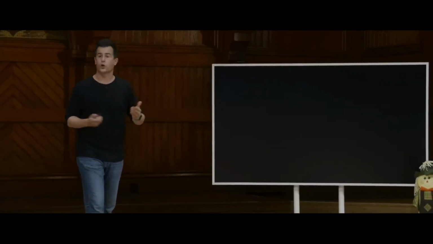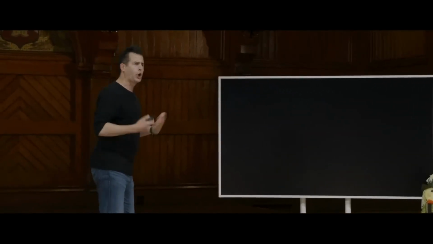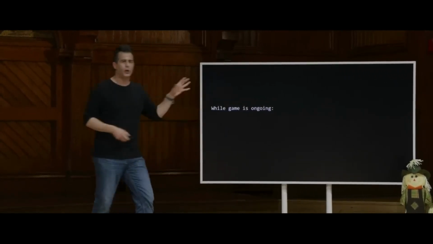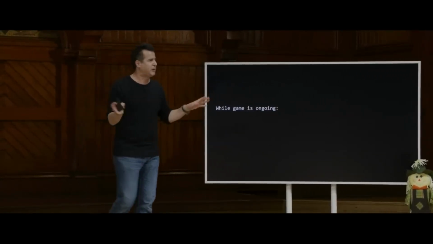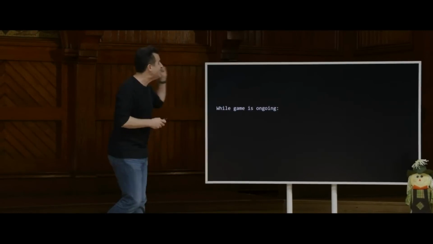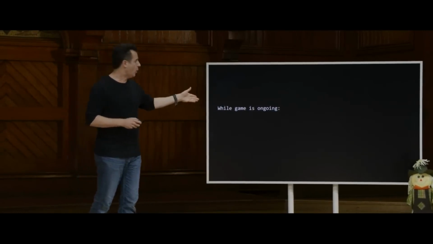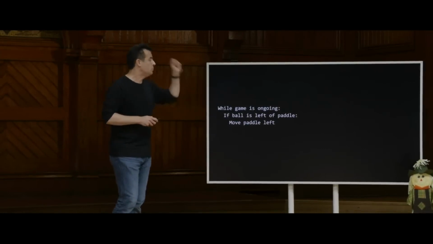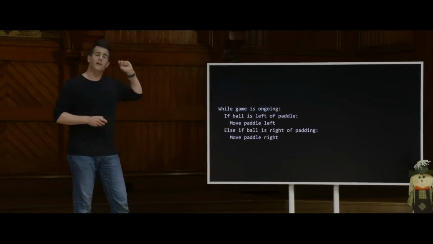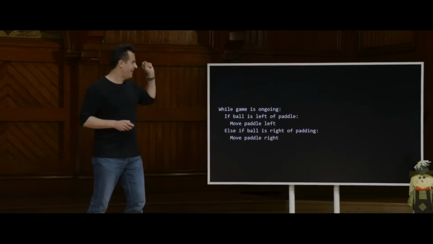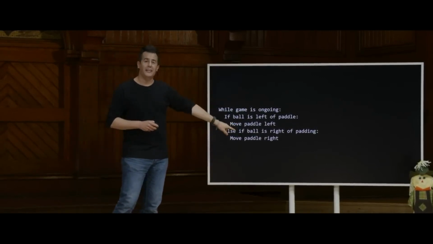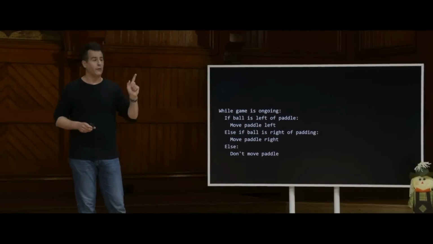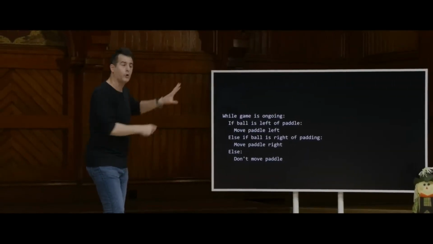So Breakout is fairly straightforward when it comes to an algorithm. And we can actually translate this, as any CS50 student now could, to code or pseudocode, sort of English-like code that's independent of Java, C, C++, and all of the programming languages of today. So in English pseudocode: while a game is ongoing, if the ball is left of the paddle, I should move the paddle left. Else, if the ball is right of the paddle, I should move the paddle right. Else, don't move the paddle. So that too represents a translation of this intuition to code that's very deterministic. You can sort of anticipate all possible scenarios captured in code.